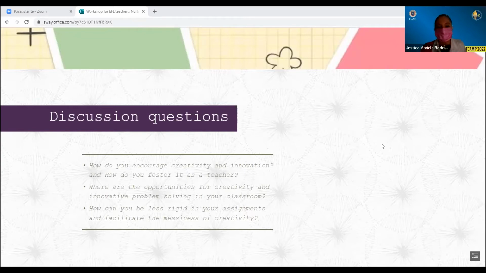We need to let our students, as I said, show us how creative they are, because a lot of times we learn from them. It is not only the students who learn from the teachers, but they show us different ways of thinking, different ways of doing things. And in a few words, what we teachers have to do is to get out of the way, right? To let them be more creative, to let them show different ideas, etc.